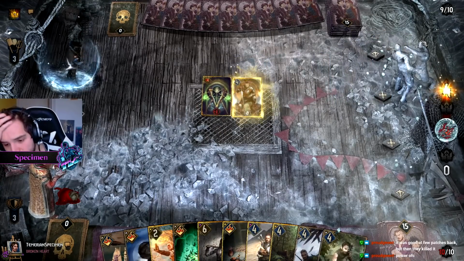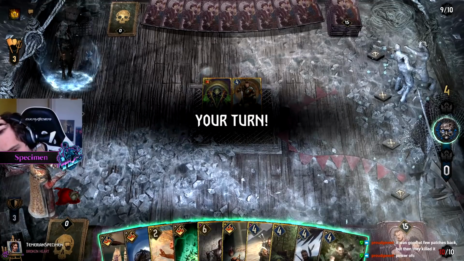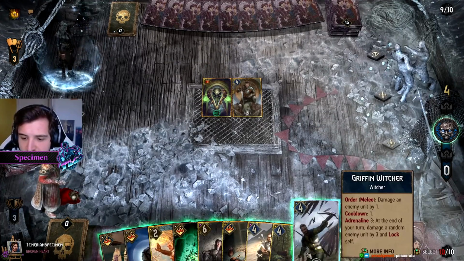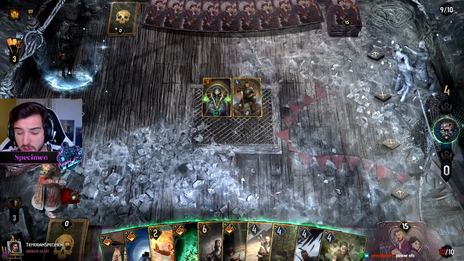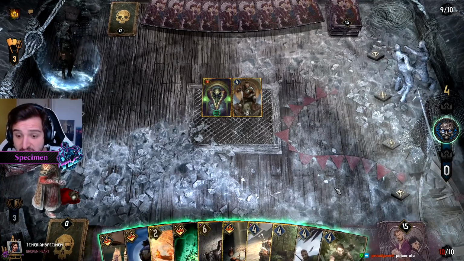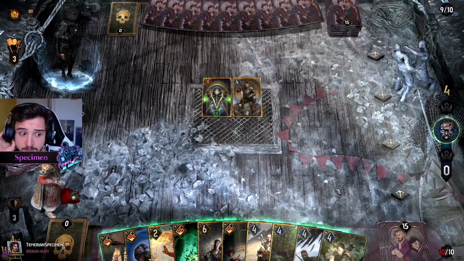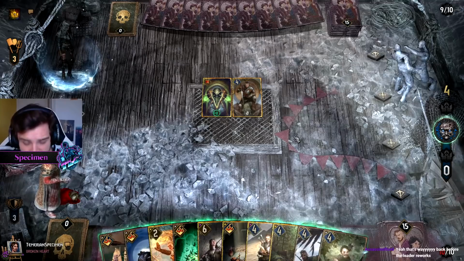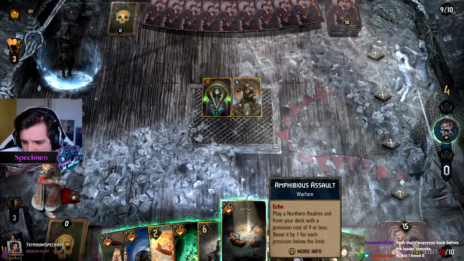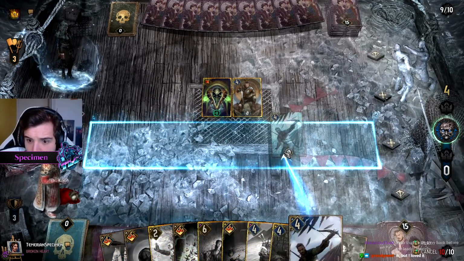I think in this matchup, it's honestly not out of the question to just invest a shield on this Griffin Witcher. Like, could be an idea, honestly. We could also just Assault for one. I would like these engines to apply some pressure, right? So I'm pretty content with the idea, honestly. Sorry, this is a big commitment. Let's just play this. Do we want to...